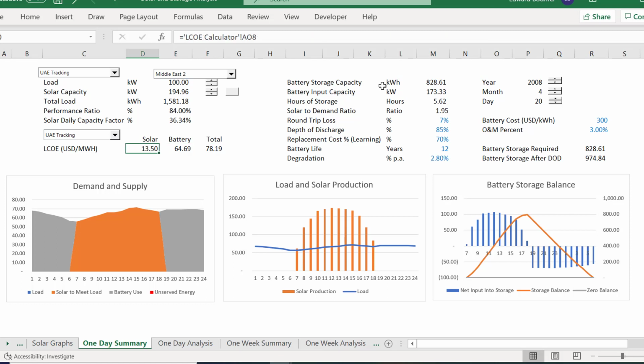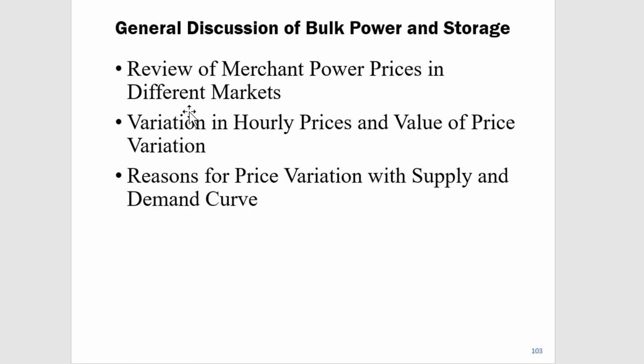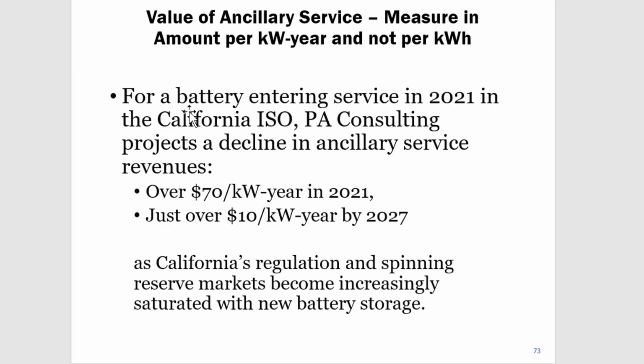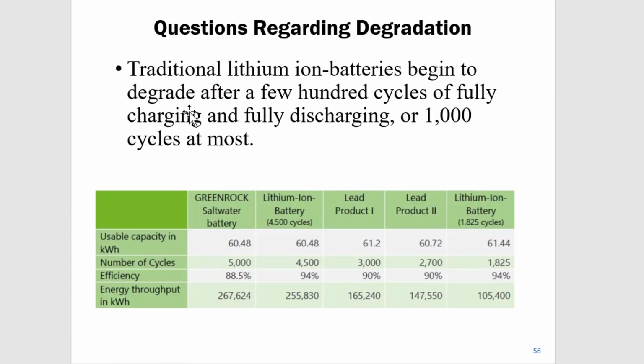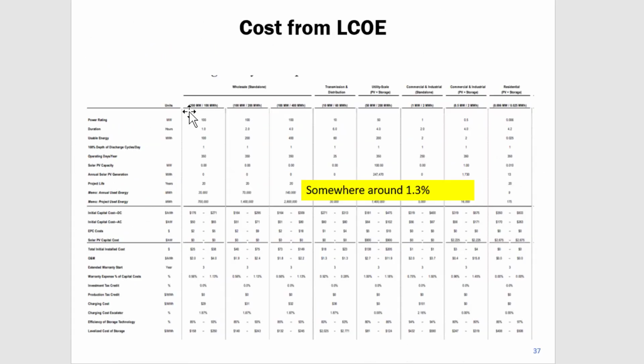Now, I'm just going to do it, and then I'm going to go back and explain things. So if I have the battery life to be 15 years instead of 12 years, all this you read, who knows? Some people say the battery life is going to be 20 years, and then you get a much lower cost. And then the battery cost changes. I'm going to update this and put this on my website, and all I did was try to clip some stuff, and all these people who say the battery cost,